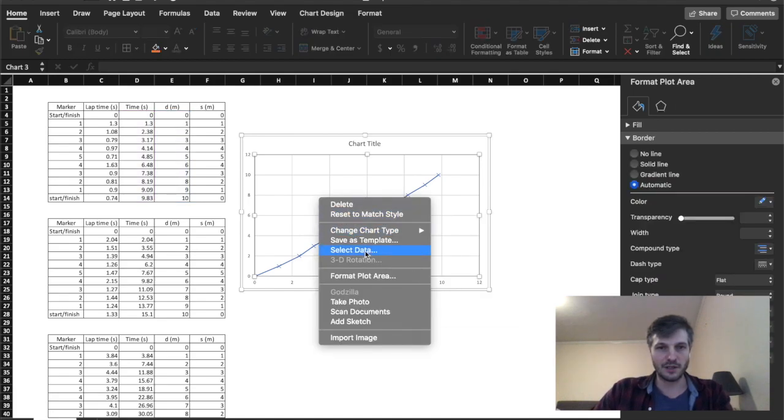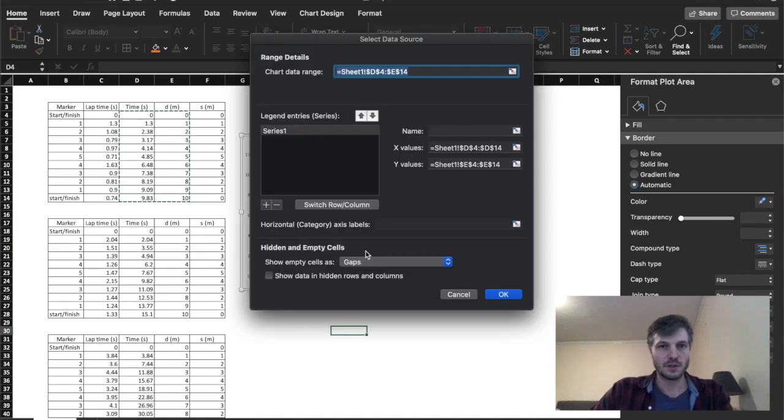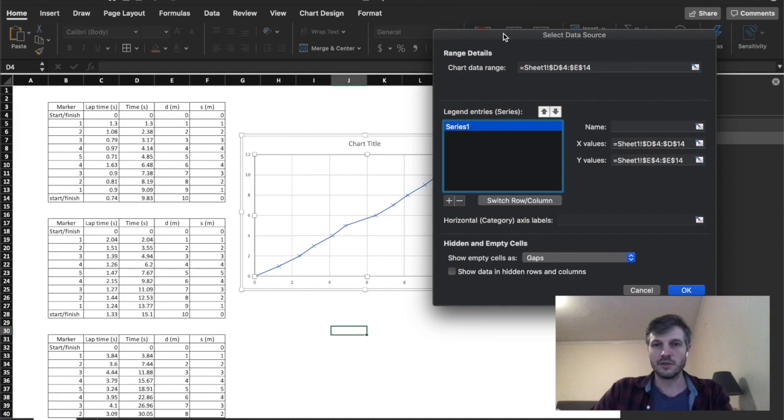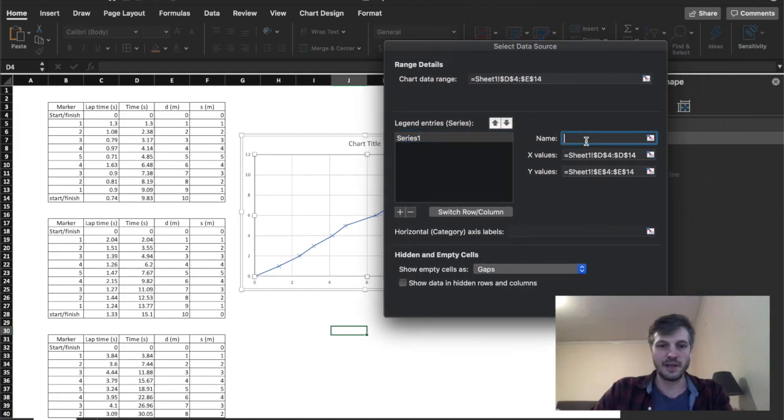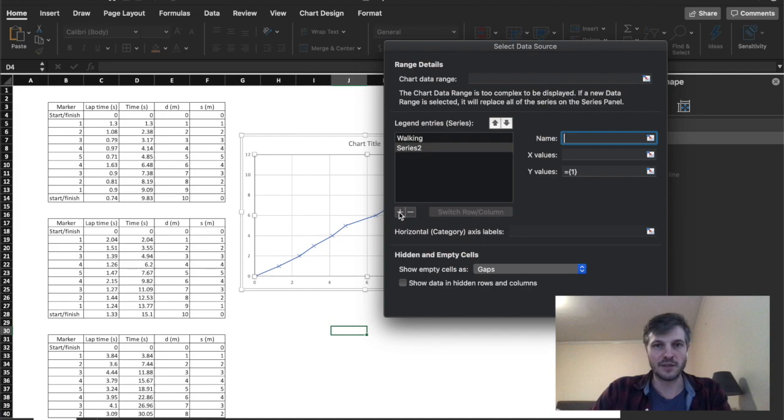So we're going to go select data. Now this series here is the one we've already got displayed on our graph. So what I'm going to do is name that as walking. Then I'm going to press this little plus button, which means I want to add some more data, another set of data here. So it's series 2. I'm going to call this